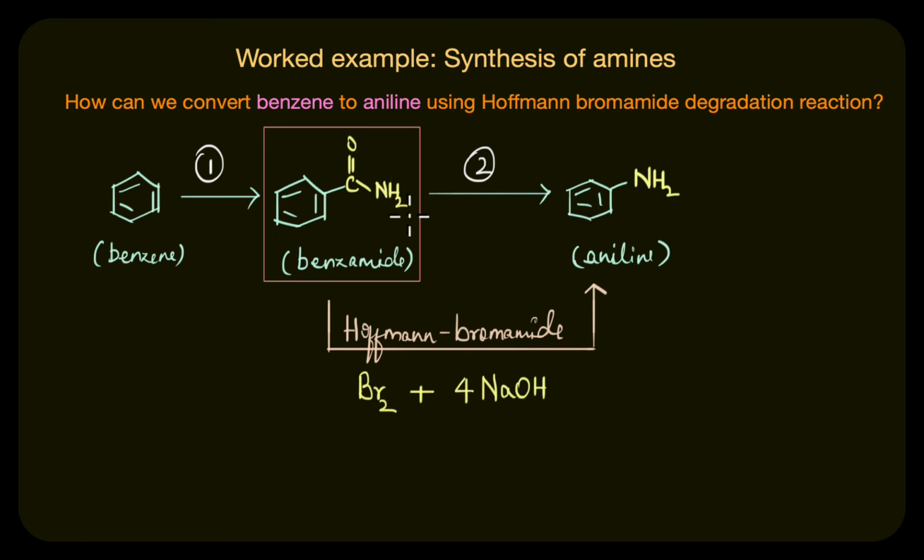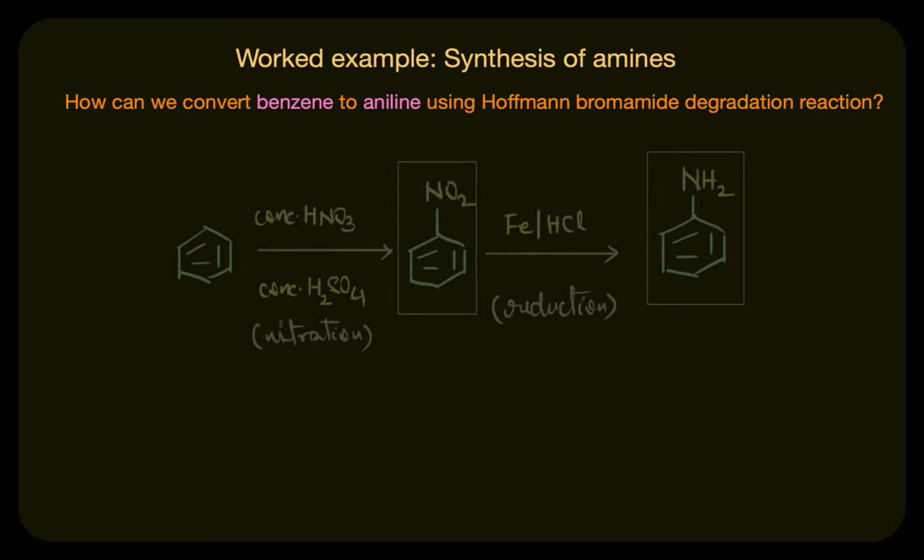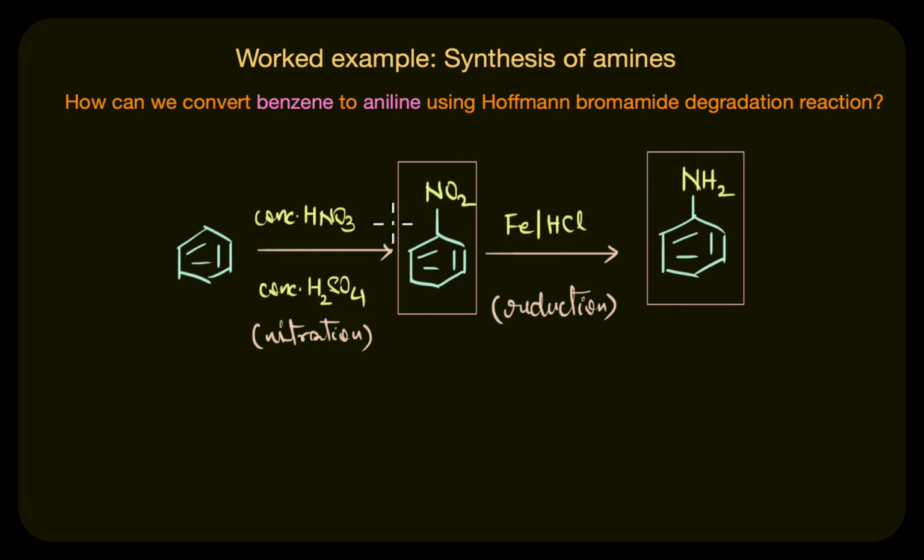Now remember, this is not the best way at all to achieve this conversion from benzene to aniline. In fact, the best way to achieve this conversion is to simply nitrate benzene, where we get nitrobenzene, and then perform a reduction reaction using Fe/HCl to get aniline. As you can see, it has only 2 steps,